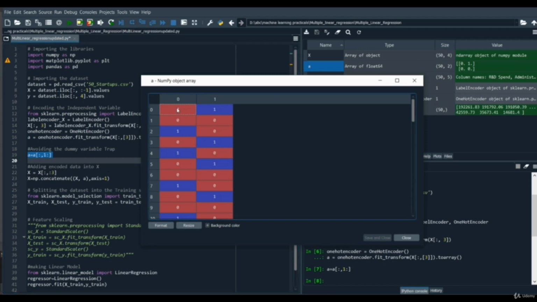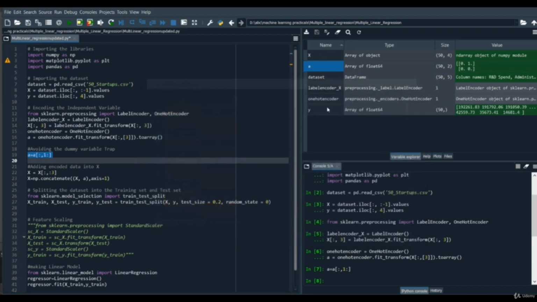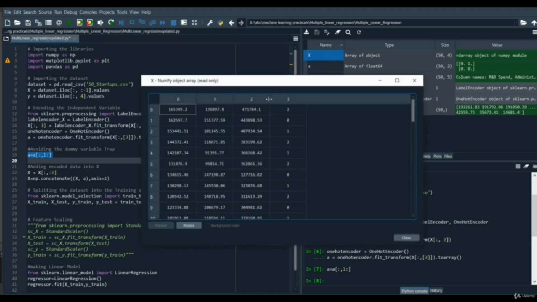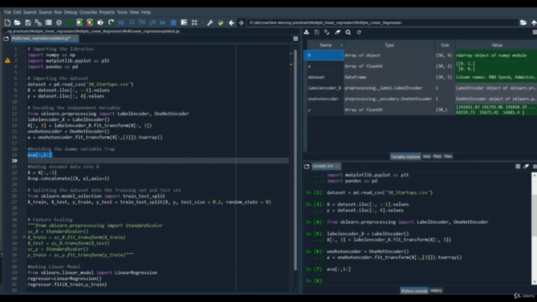Now we are going to use these 2 columns and concat them into our independent variable x. So first we need to remove the state column from our independent variable x. We are going to use a similar process. We are going to assign x to itself, and then use x in square brackets.